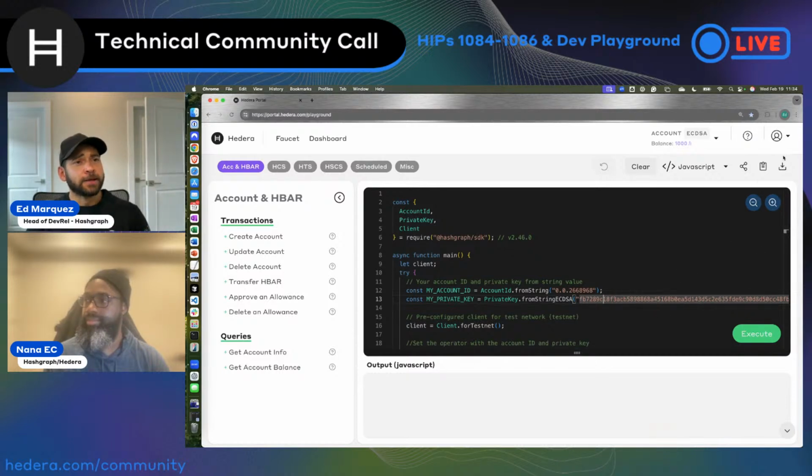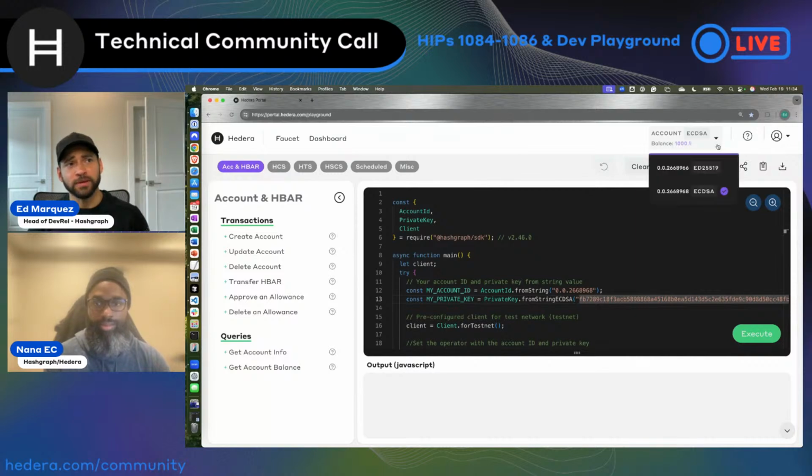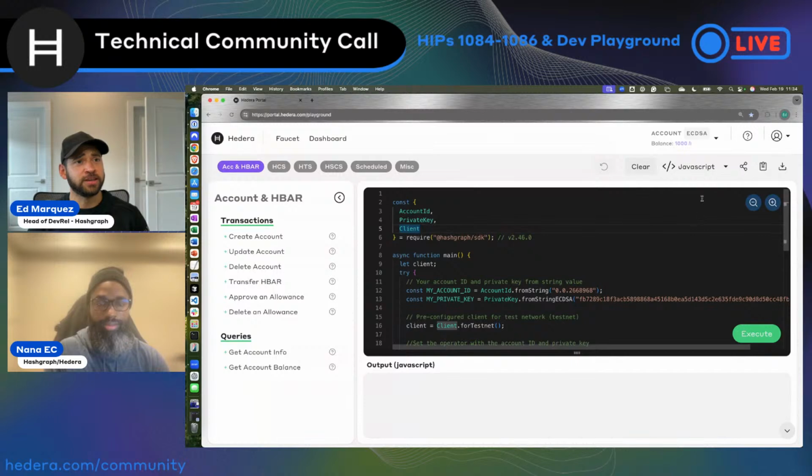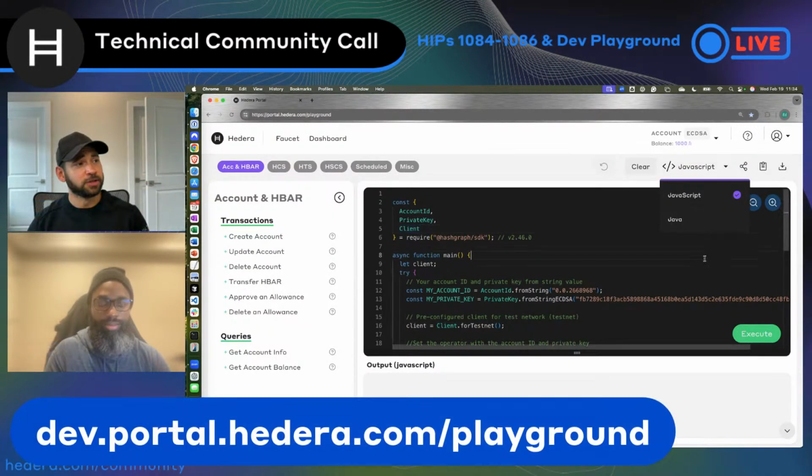So starting with the tour here, you have your account menu where you can look at your personal access tokens, look at your account profile, and so on. And one of the advantages of having this developer playground embedded with the developer portal is that you get this integration to the keys that are available to you through this portal, right? So you can work with ED25519 keys or ECDSA keys. I tend to prefer ECDSA keys. And here you can select the language, for now supporting Java and JavaScript.